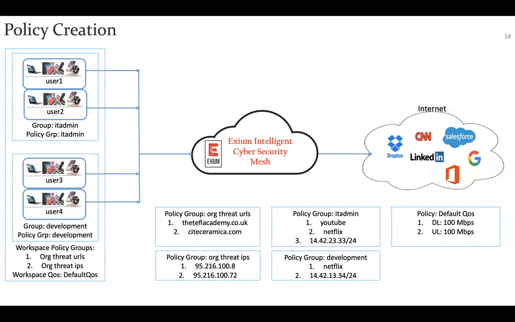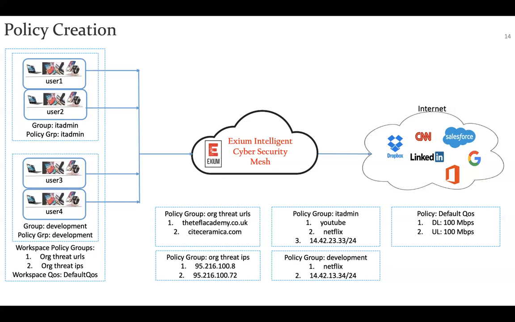These policies applied by the administrator will be applicable to these different groups based on which group the user belongs to. If a user belongs to one particular group, like IT admin, whatever policies are attached to that group will be applicable. So this is how it works at a high level. Here two groups are created, different users are added to those groups, and different policies are attached to different groups. Accordingly, that particular group's policies get applied.